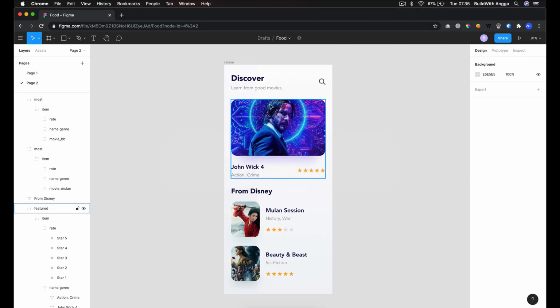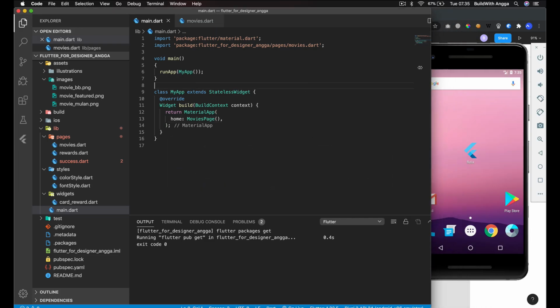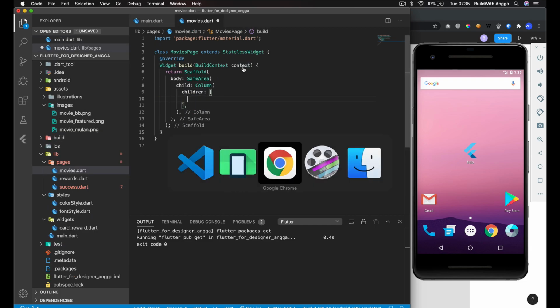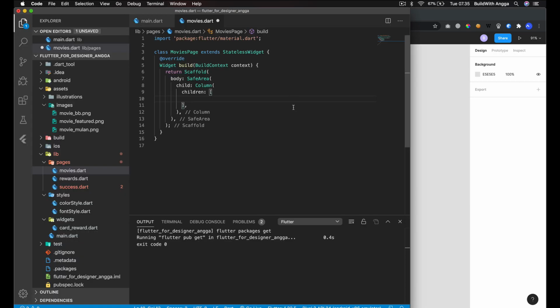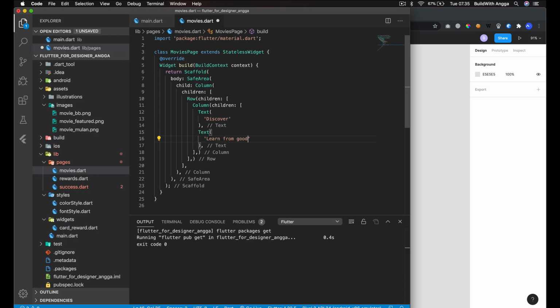So when we try to debug, first in the movies I think I can give this a Row. We need to give a Row, and inside the children we use the Column, and then we have text, Discover, and we do another text for this, Learn from good movies.